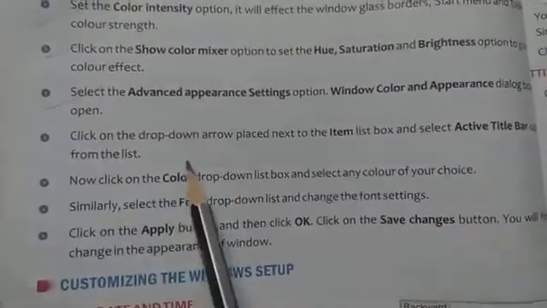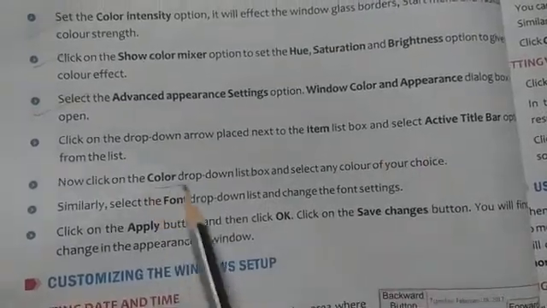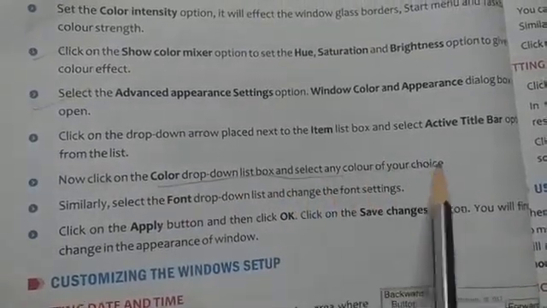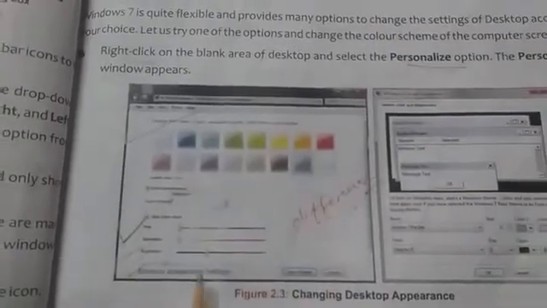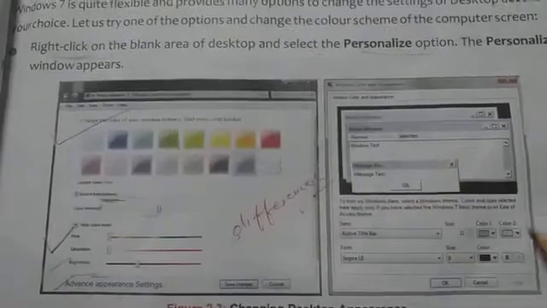Next we can also change the color drop down list box and select any color of your choice. Then select the font drop down list and change the font settings. From here, by clicking on this Advanced Appearance Settings, a dialog box will open.